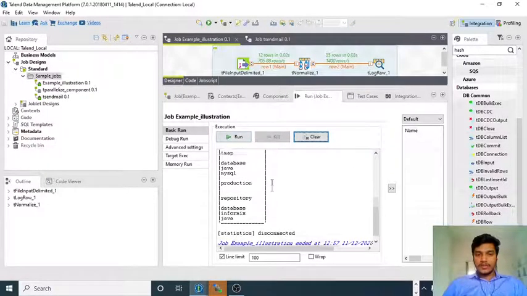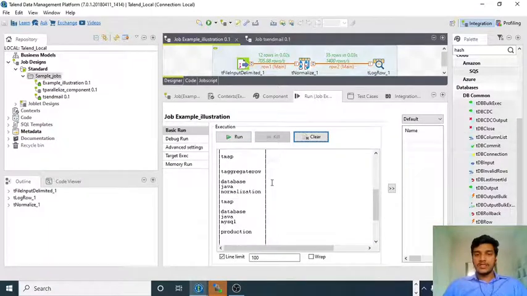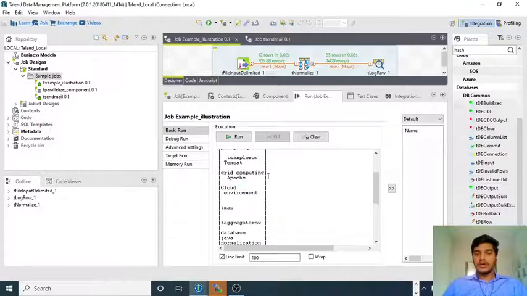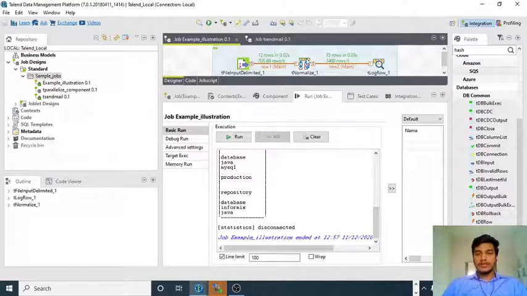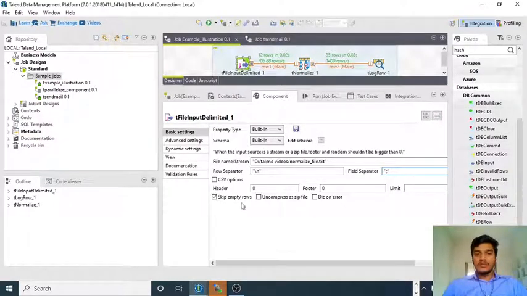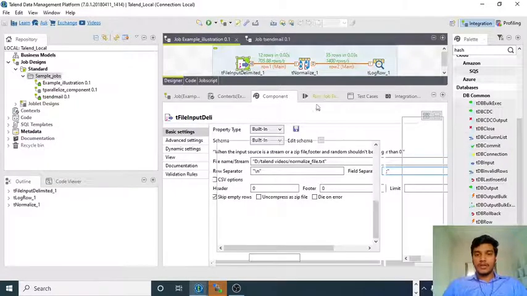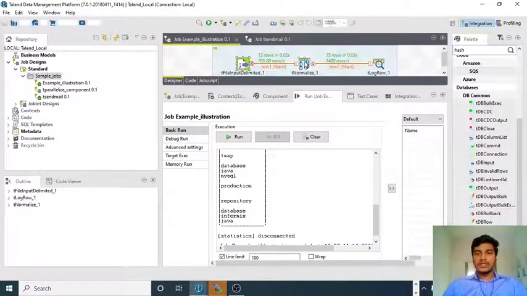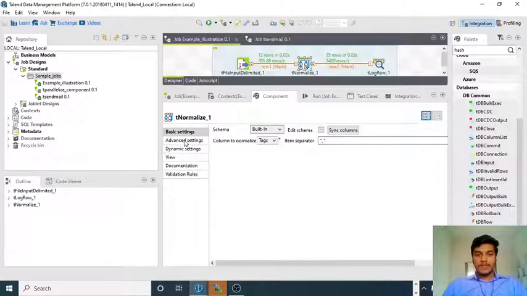what it will do is, based upon the commas, it will create empty spaces, and wherever we have an empty record, it will create a record further. But this should not be the scenario in our case. So for that, in tNormalize you can mention skip empty rows, but even then the output is not coming in our desired way, it is not removing the empty records because of the delimiter. So how you can remove such empty records is, you can go to the normalize component and go to advanced settings.